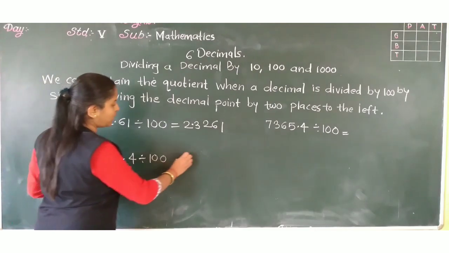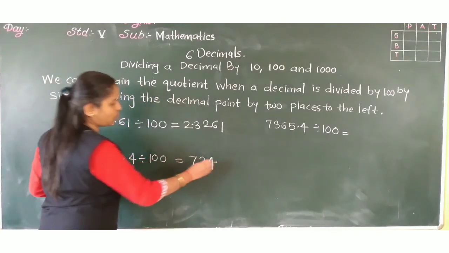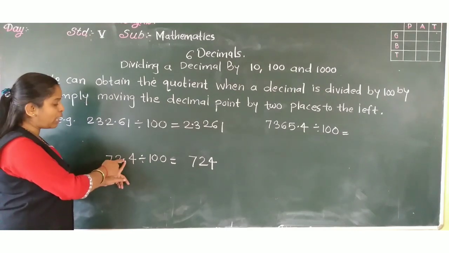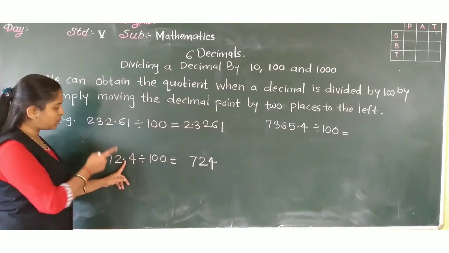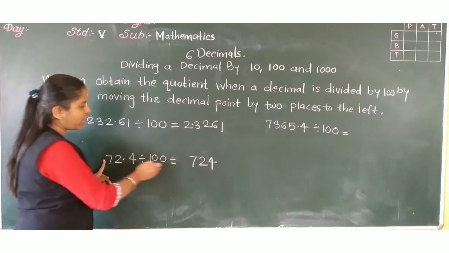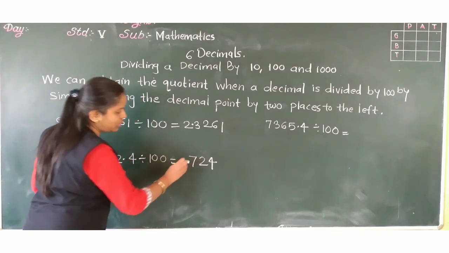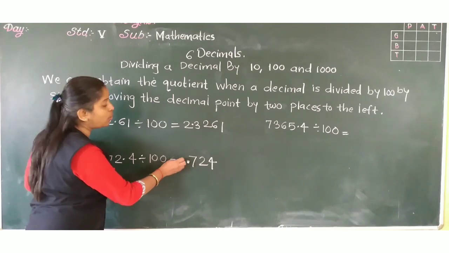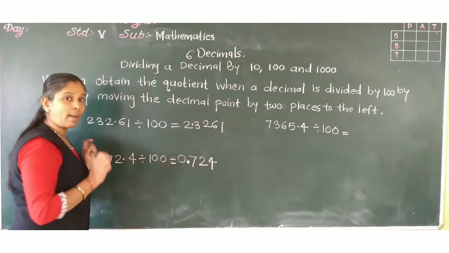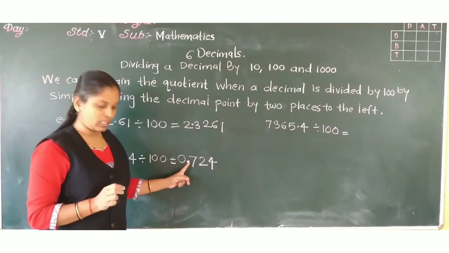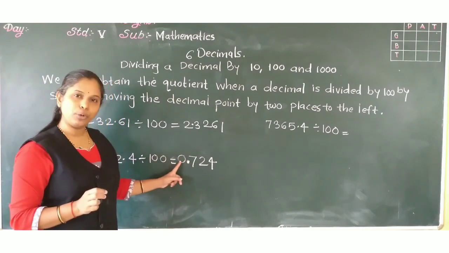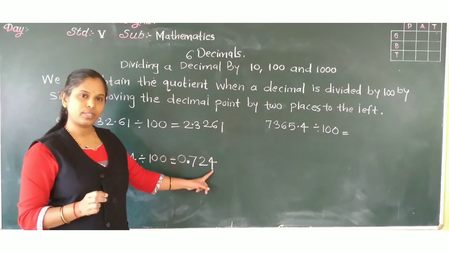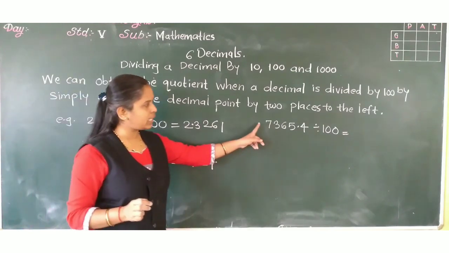Now this number write as it is. Okay? And we have to shift the decimal. Here it is. So we have to shift it by two places. That is 1, 2, and where it will be, here. Correct? But only decimal, nothing is there here, no? So we have to write 0. It is compulsory. Okay? Only decimal you can't write. You will have to put 0 before the decimal. So it will be 0.74. Got it? Now next thing.